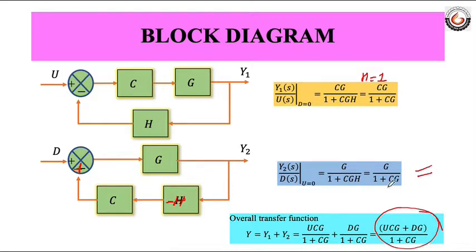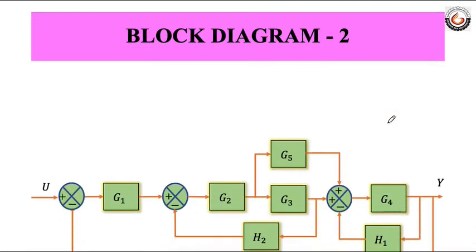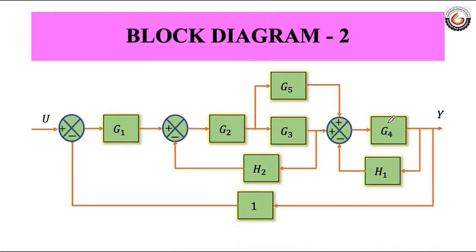Then we will convert the block diagram into signal flow graph and then we will again find the transfer function. So we will have a comparison of how difficult it is to find the transfer function using block diagram directly and then using signal flow graph using Mason's gain formula. So this is how my complex block diagram will look like. As you can see, this is a pretty complicated block diagram.